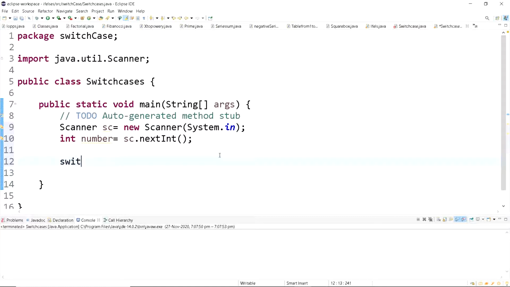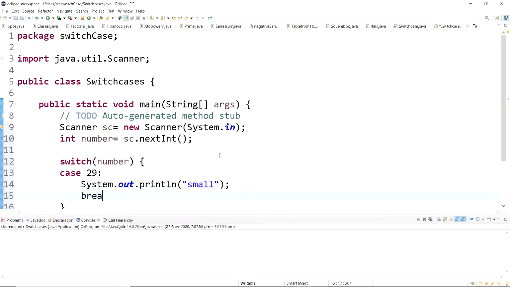Now we will create the switch. Inside the switch bracket we need to mention a variable or an expression, so we'll write the variable called number here. The first case is size small, and small size is 29, so case 29, print out small, then break.